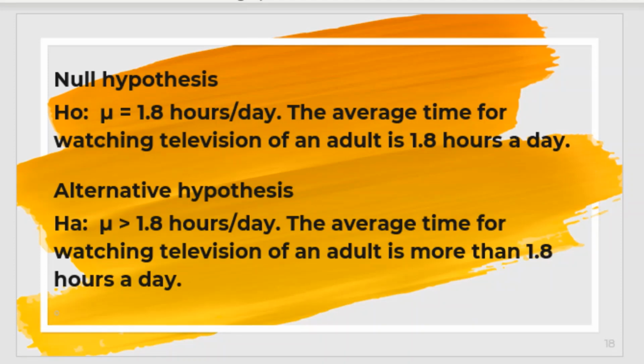Here it is. Null hypothesis, H0. So we have mu, which is equal to 1.8 hours per day. The average time for watching television of an adult is 1.8 hours a day. Then yung claim ng study. So if you think that claim is too low, so maybe we can state the alternative hypothesis, or possibly this alternative hypothesis is